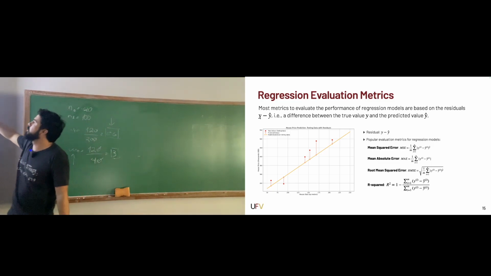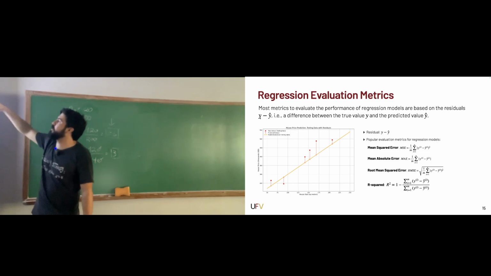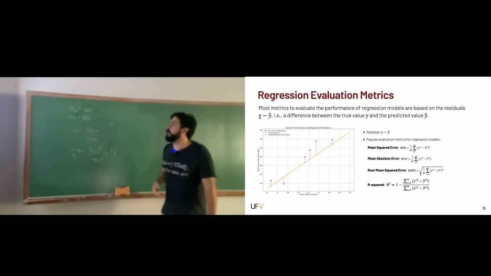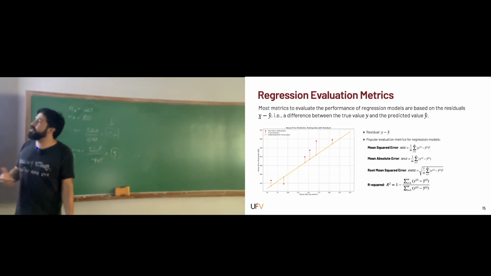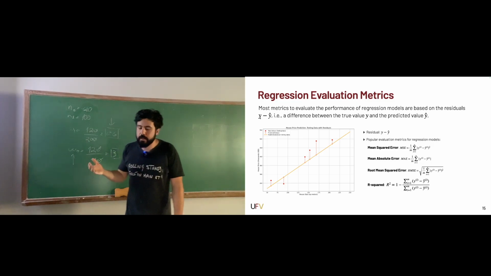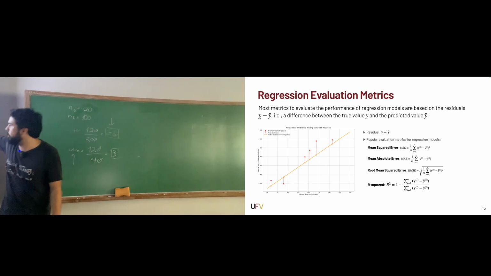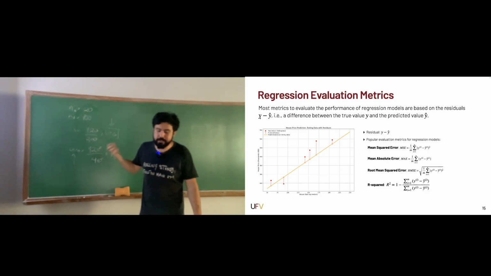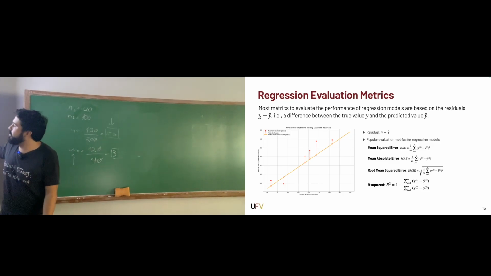So the mean square error just computes the square of the residuals, right, and sums them and divides by the number of examples. The mean absolute error computes the absolute residual and then sums and divides by the total number of examples. There's another one called root mean square error, which is the mean square error, but now with the square root of that. And there is another one which is slightly different, which is the R squared metric, which is 1